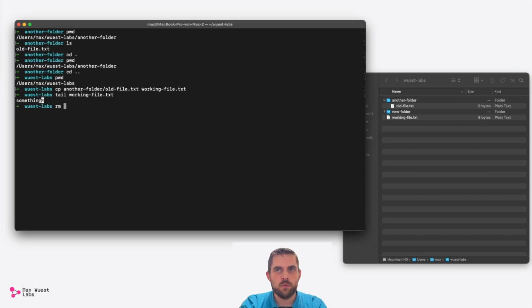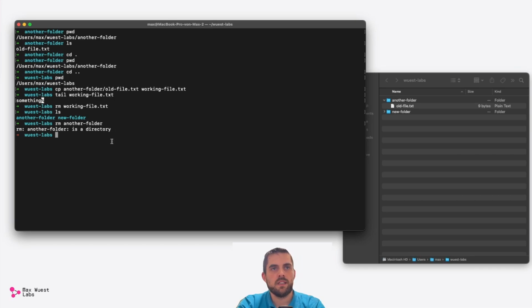So stating remove, we say what we want to remove, the working file. And when I hit enter, you see the file got removed, and on the right side, the file vanished as well. So when we say list, you see only the folders are left. But what if you want to remove a whole folder? You could say the idea is to remove another folder, for example. You get an error message stating another folder is a directory, which is correct, but it also means that the